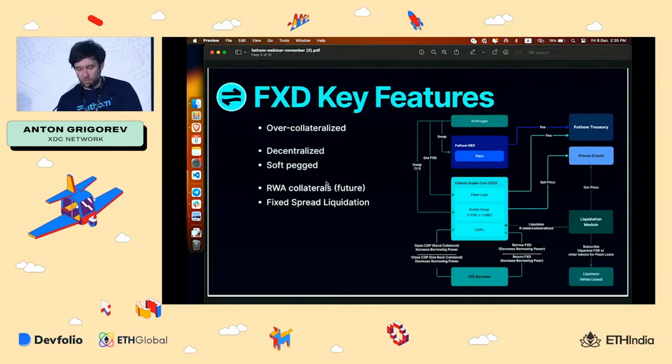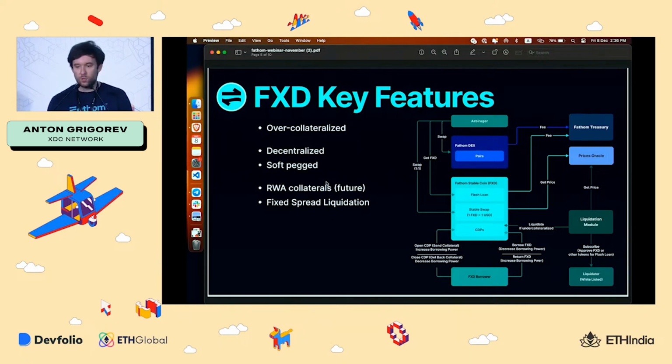Talking about FXD, you can think about some main components of it. The biggest one is, of course, the CDPs. With CDPs, the borrower can come, collateralize their XDC, and borrow some FXD. For example, you can use $100 in XDC, but you will be able to borrow just, for example, 75 FXD, which is based on your loan-to-value ratio.